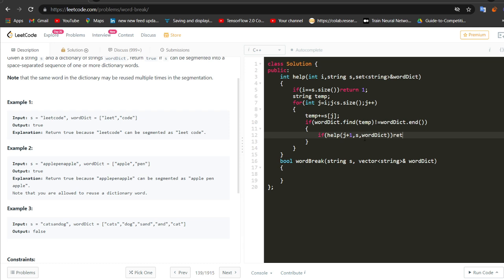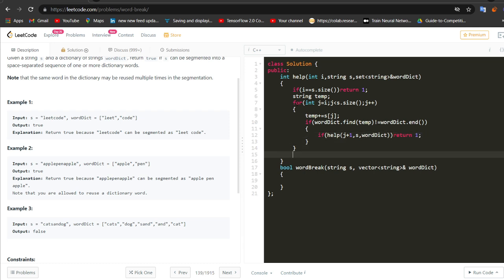If it returns true, I will return true from here. Finally, after exploring all these possibilities, if it has not returned true, then I can simply return false, that is 0.